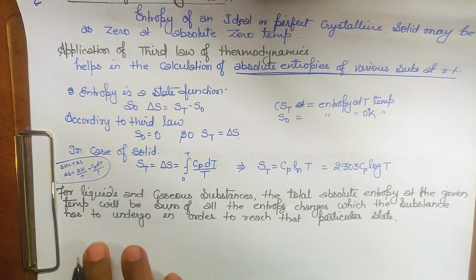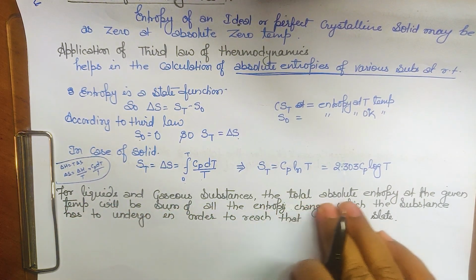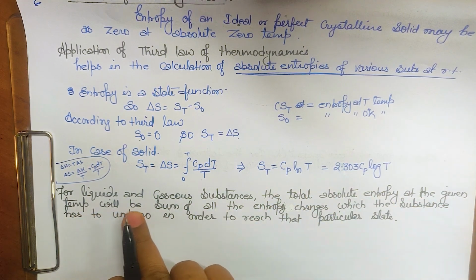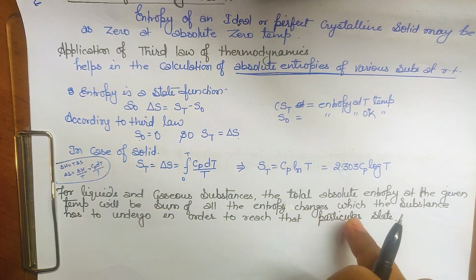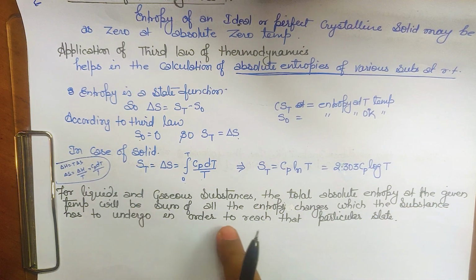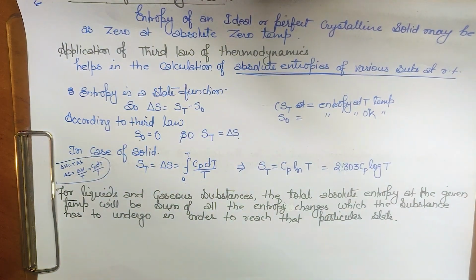So this says that for the liquid and the gaseous substance, the total absolute entropy at a given temperature will be the sum of the entropy changes which the substance has to undergo in order to reach the particular state. Meaning for any liquid and gas, solid we can find as done like this. For liquids and gases, the total absolute entropy at a given temperature is actually the sum of the entropy changes, whatever the entropy changes were in coming to that particular stage, the sum of all of them,